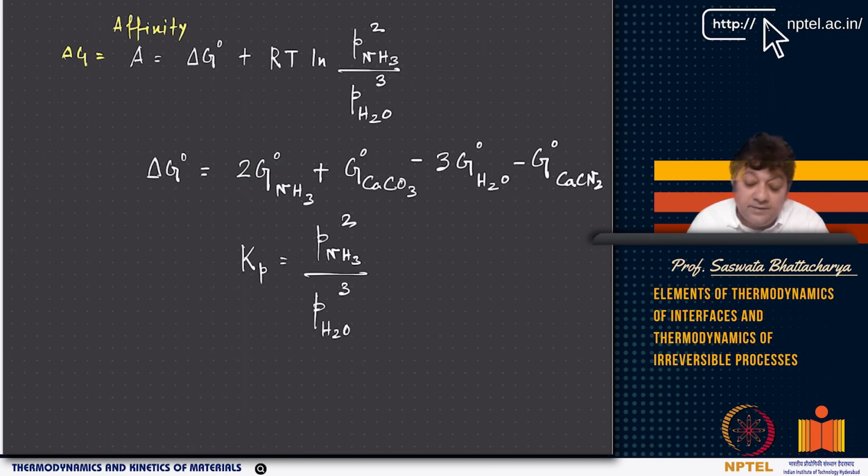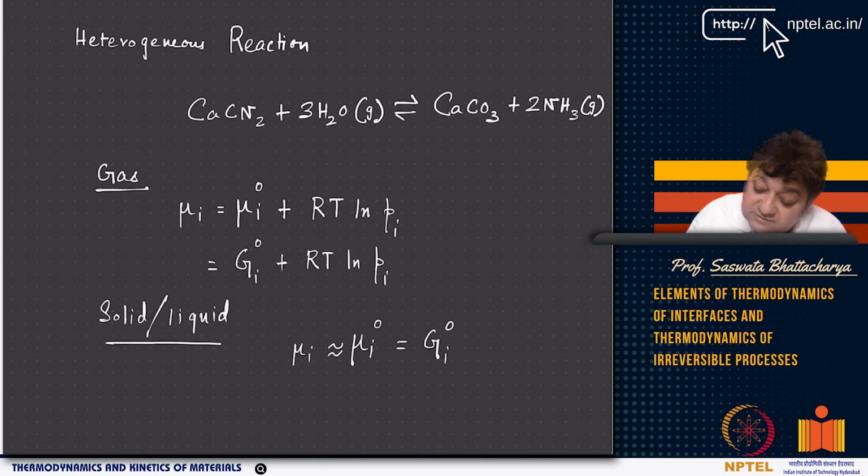And you are looking at that. Now you have the product, right? Product has this coefficient of 2. So basically, if you look at this, this becomes mu 0 plus RT ln PNH3. However, you remember that, and this is basically on the product side, and on the reactant side is mu 0 plus RT ln